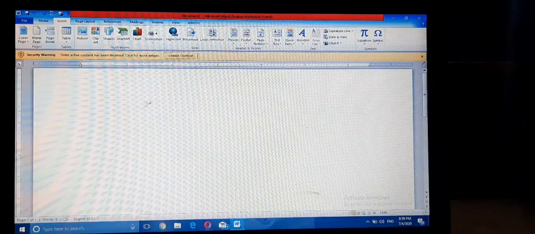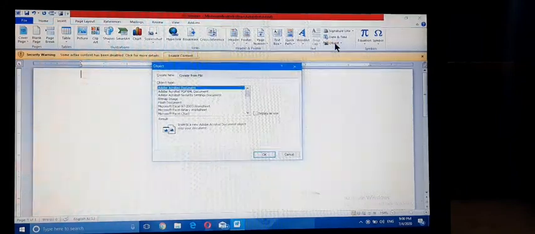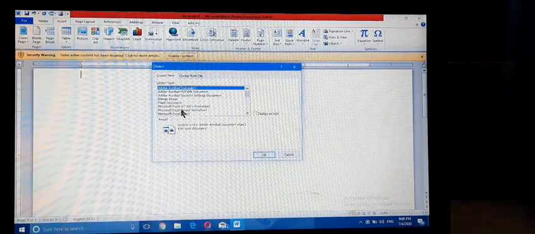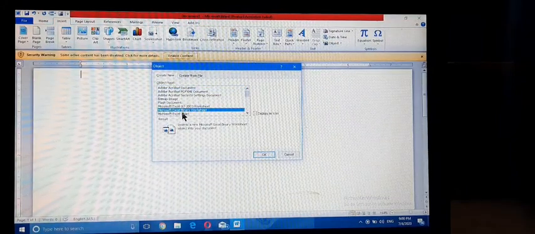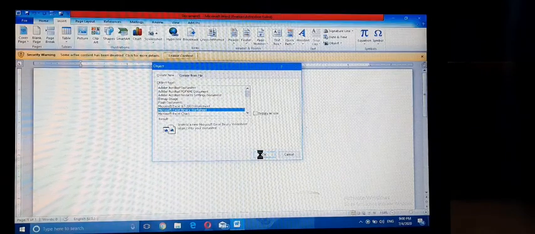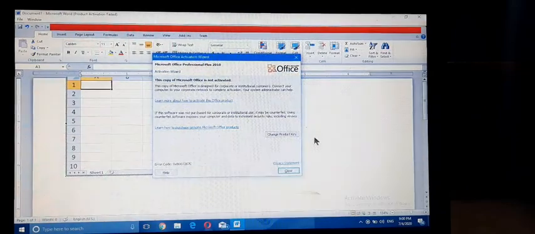You can also link an object. The steps are: insert, object, click on the object tab, select, I am selecting Microsoft Excel binary worksheet, then click on OK button. Okay.